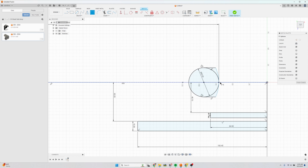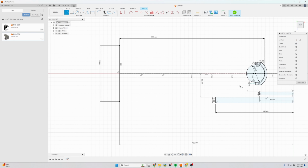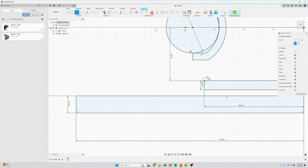And now we want to create a little clearance body to avoid. And so we're going to use the offset tool and do 6 millimeters of clearance. Enter, and I'm going to close off this body here and here. And then if you want, you can also add a little clearance body here to remind yourself to